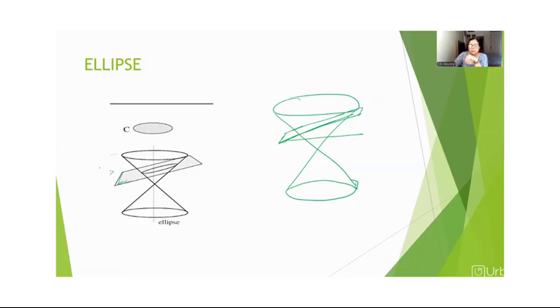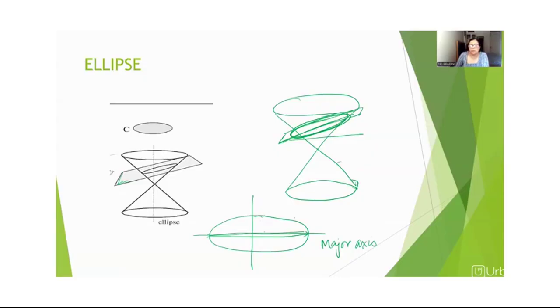So what do we get here? When the cut is made like this, the shape will be like this, right? Ellipse. So ellipse is like this, right? We can get it from here also. We can get it from the lower cone also. So this shape is called ellipse. In this case, this is the center. So this is the major axis. Here, since it is not equal on both the axes, the longer axis is called the major axis of the ellipse, and which is less broader is called the minor axis of the ellipse,